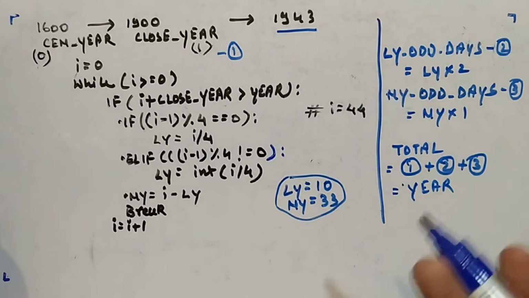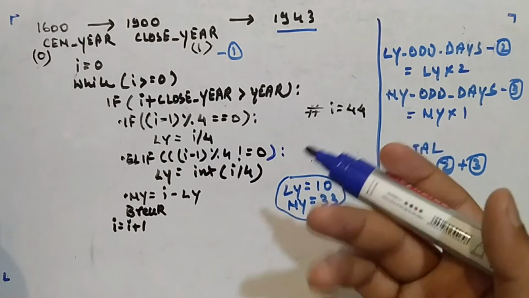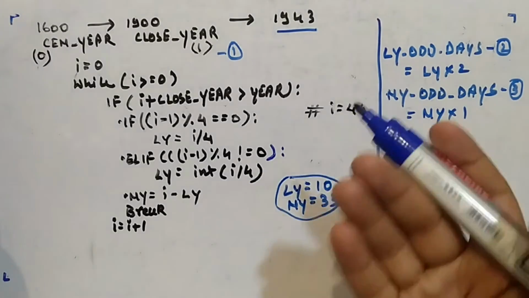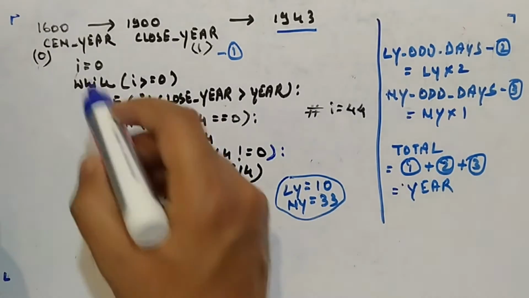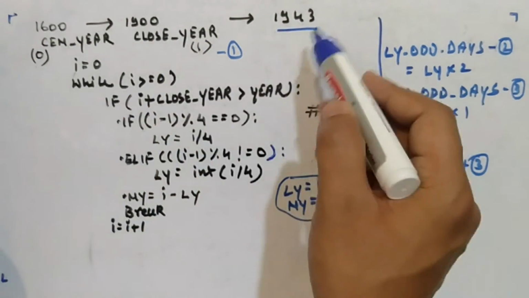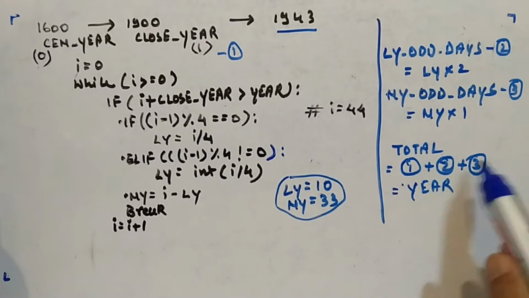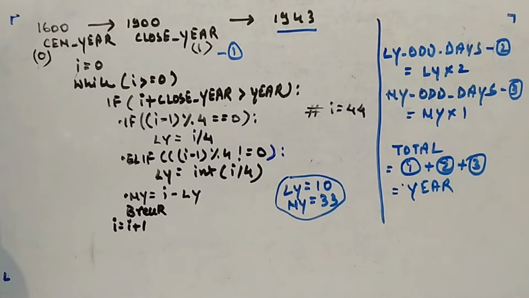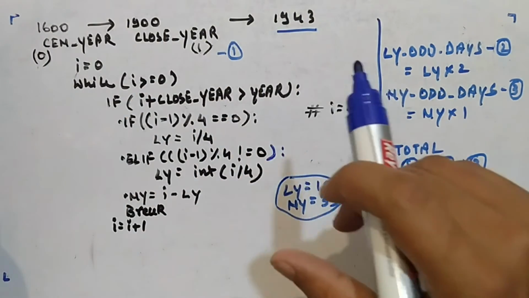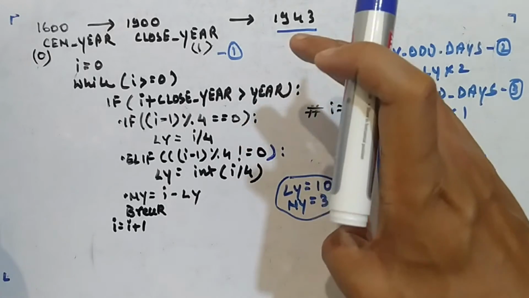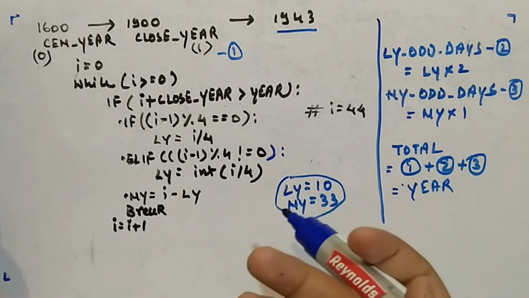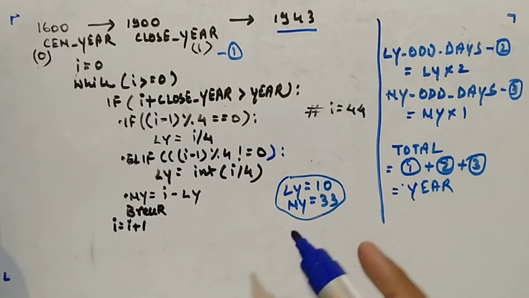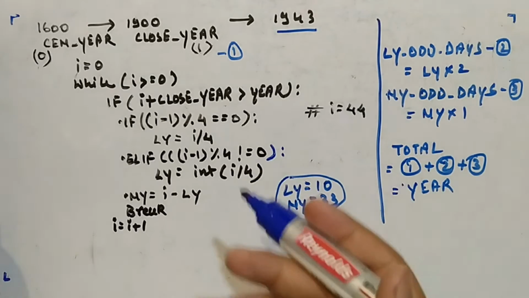Now what we will do is find the number of odd days for months and for day. That will be easier compared to this. This was the most hectic part. First step is this, then second step is this, then third step is this, and finally you got the total number of odd days for the given year. We'll be defining all of these in function form, so in the year function, you will have all this. Now we're going to do it for month, and then for day, so you will get a feel for how everything works.